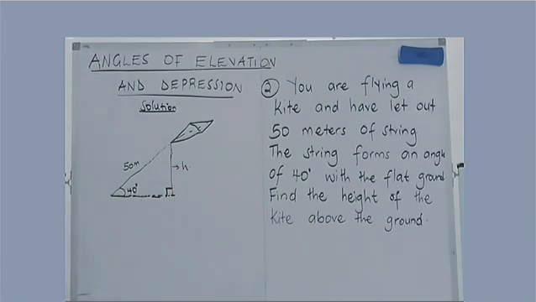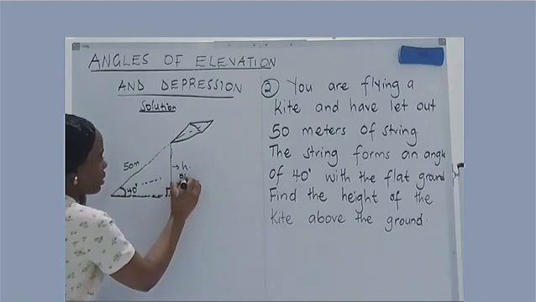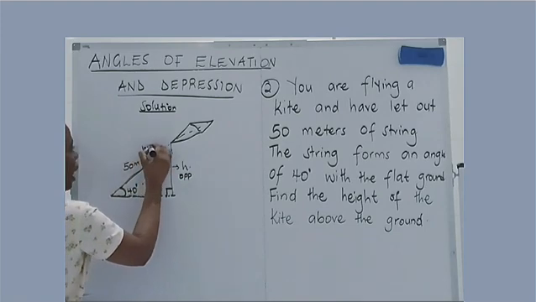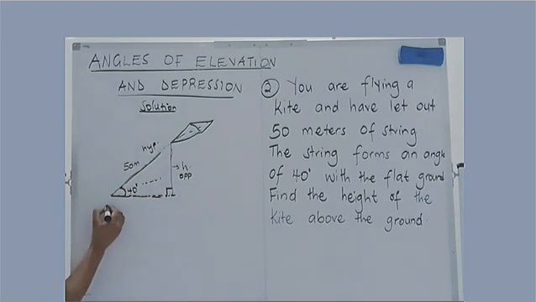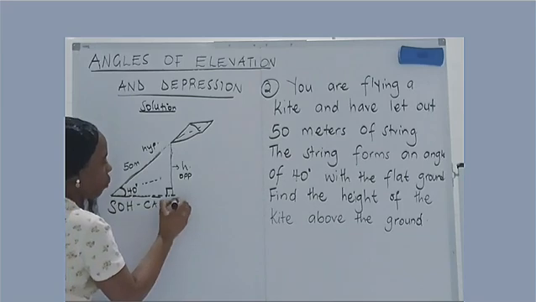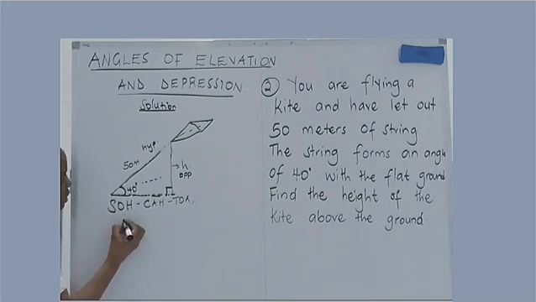Okay, how do we get the height? If my angle is seated here, this is its opposite, and this is the longest side, which we call our hypotenuse. Now, which trig ratio am I going to use? I need opposite out of hypotenuse, so I'm going to use sine, because sine is opposite out of hypotenuse. Therefore, we say